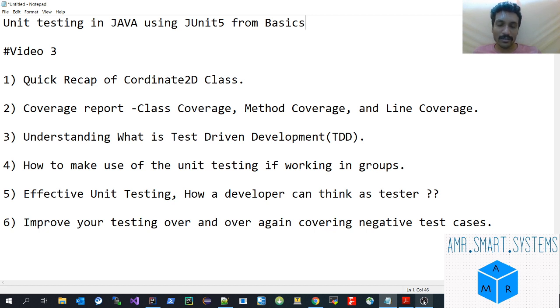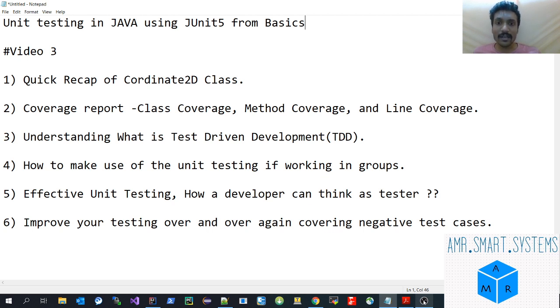So basically, test driven development means that a developer has to think as a tester and try to think about the test cases before he starts developing. So he will know what negative case scenarios and positive case scenarios are possible. He designs the test cases based on it and starts writing them. Then after developing the unit test cases, he moves on to the actual development. Once the unit test cases pass for the actual development, it is considered that the development phase is complete and he can move on to the system testing in the target.